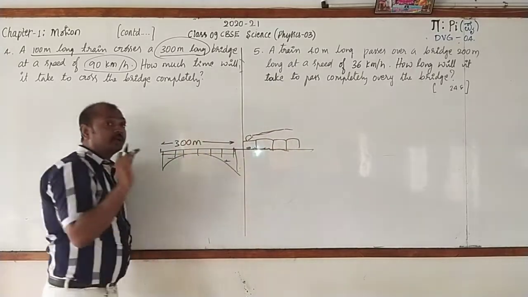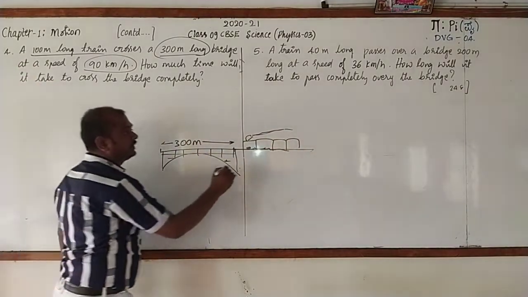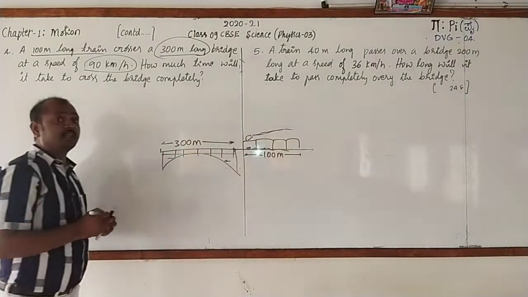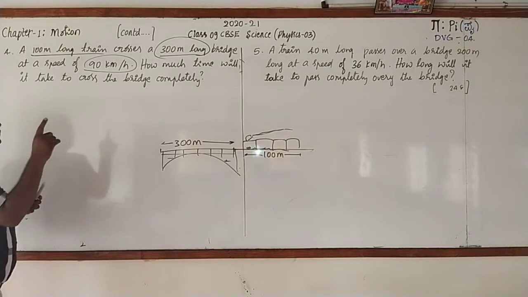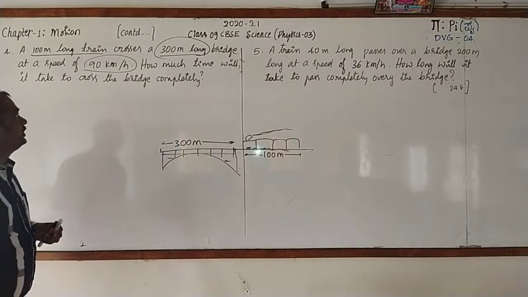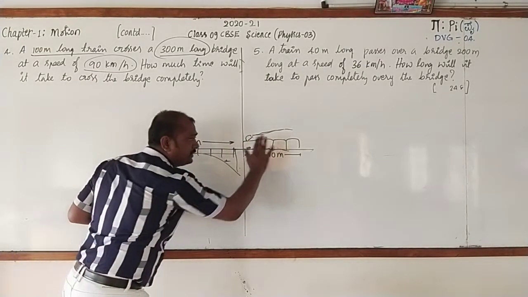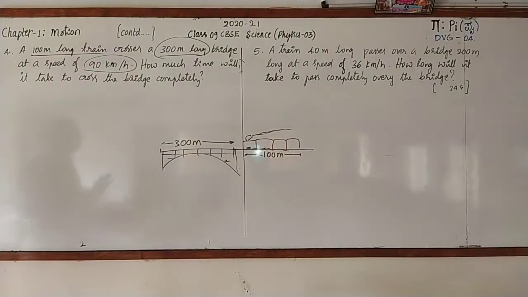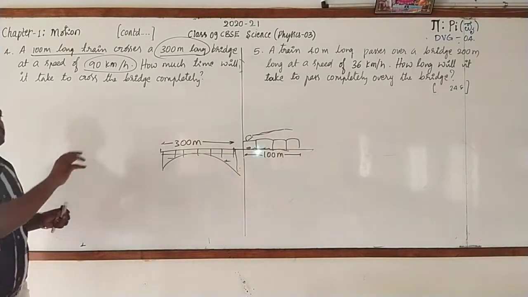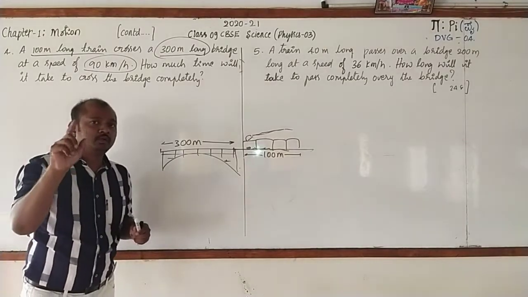Observe. What is the length of the train? Here 100 meter. 100 meter is the length of the train. And the train is moving with some speed. How much is it? It has been given that 90 km per hour. That is the speed of the train. Got it? Then by observing these magnitudes, 300 meter, 100 meter and 90 km per hour, do you say that